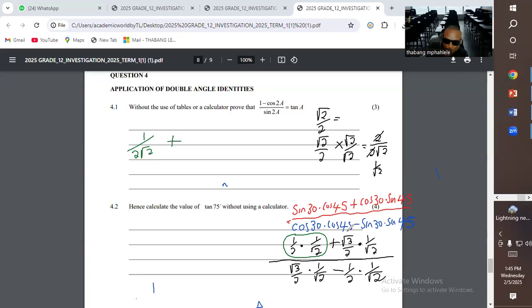now I'm going to look at this one, square root of 3 over 2 times 1 over square root of 2. I'm going to multiply the numerators together. Square root of 3 times 1 is square root of 3. Multiplying the denominators, 2 times square root of 2 is 2 square root of 2. All over,